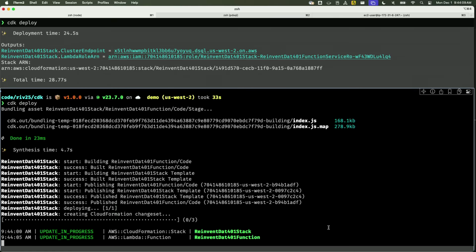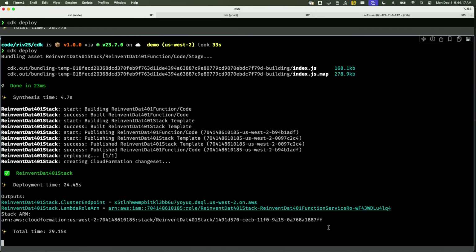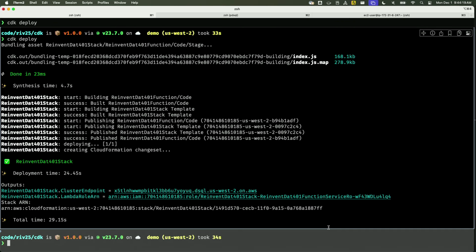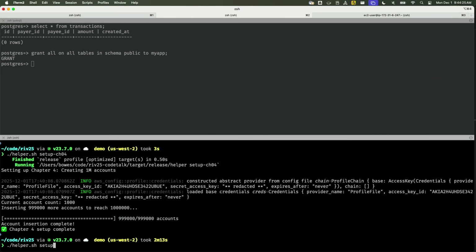Okay, so what I want to show you now is this table is going to start to fill up rapidly when we start to run at scale. And we're going to want to be able to query that. So imagine this is a real application. Our customers go to our page, and they're clicking on their home page, and they want to see what transactions they've run. And so we're going to want to run a query,